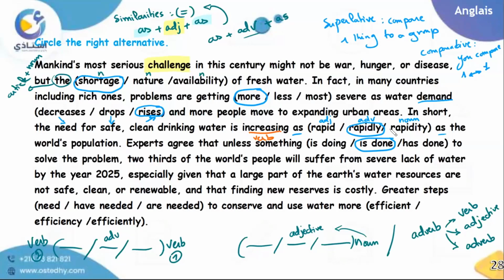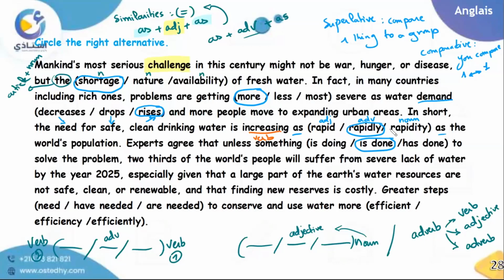Two thirds of the world's people will suffer from severe lack of water by the year 2025, especially given that a large part of the Earth's water resources are not safe, clean, or renewable, and that finding new reserves is costly. Greater steps have needed or are needed to conserve